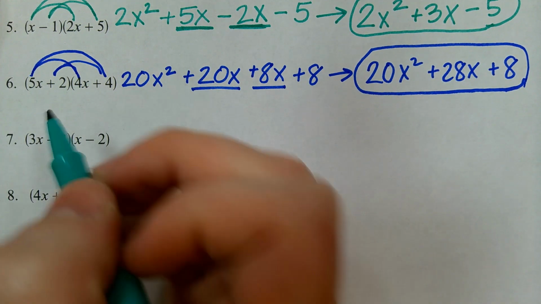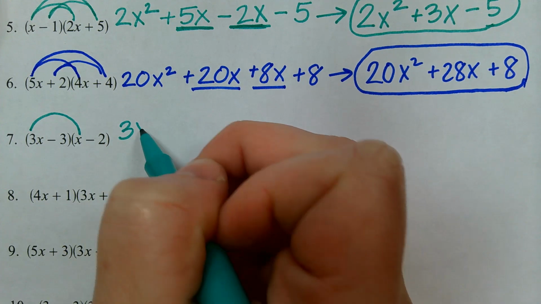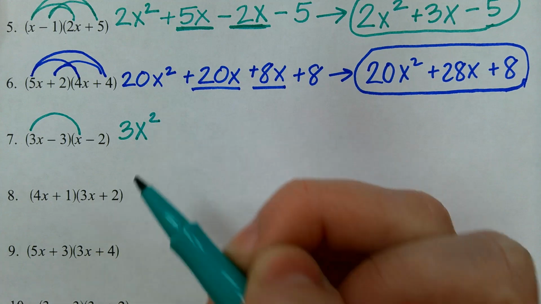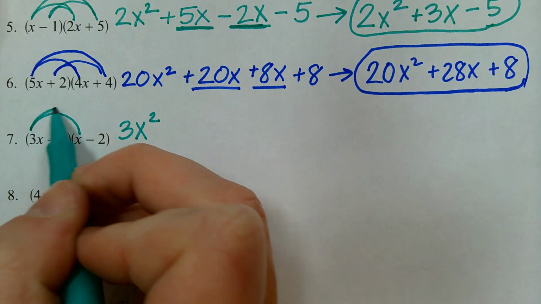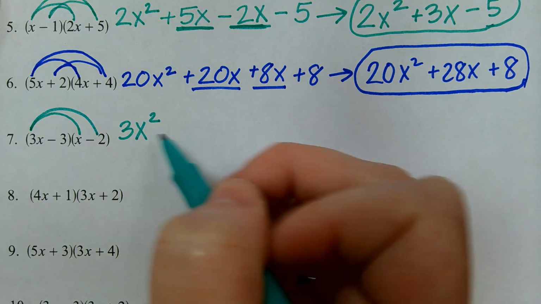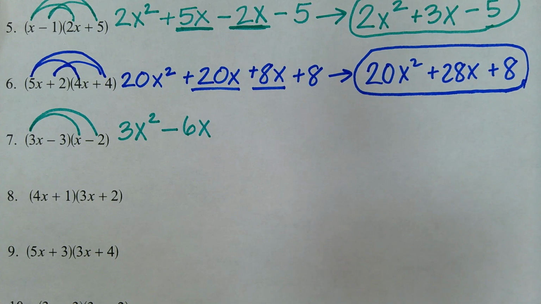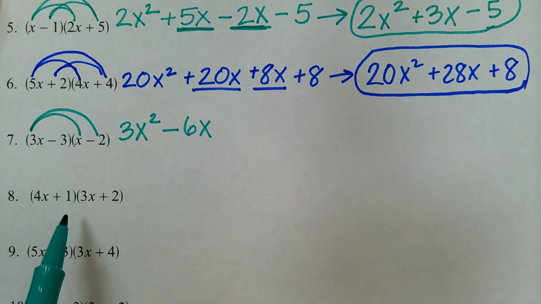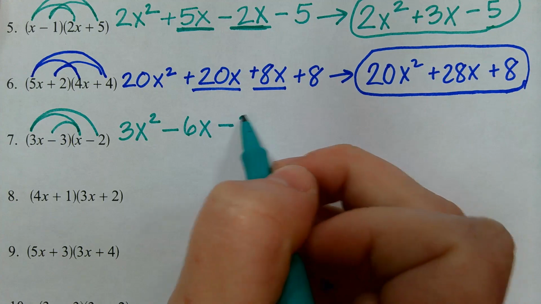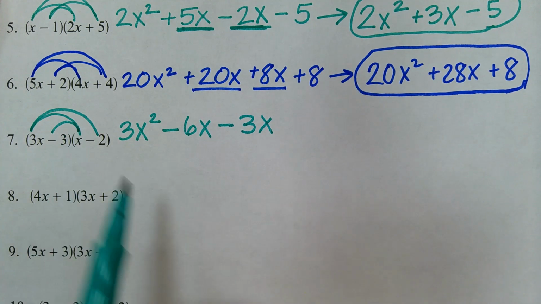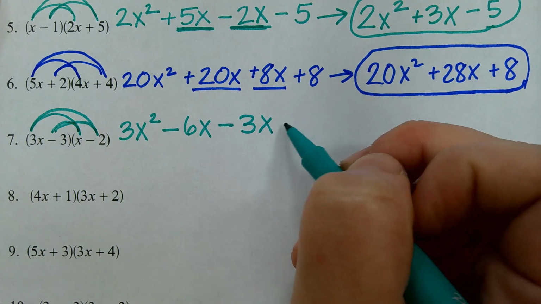3x times x. 3x times x is 3x squared. Good. Next step. 3x times negative 2 is negative 6x. Good job, guys. Next step. Negative 3 times x is negative 3x. And last but not least, negative 3 times negative 2 is